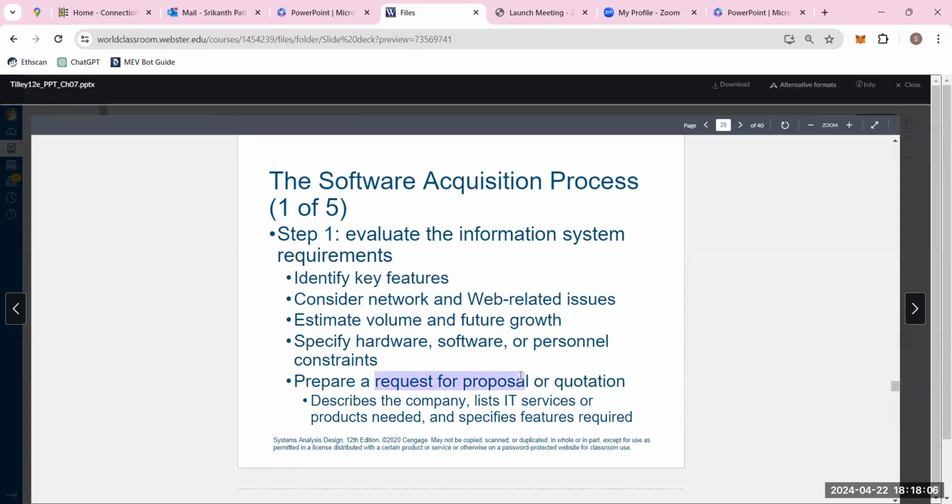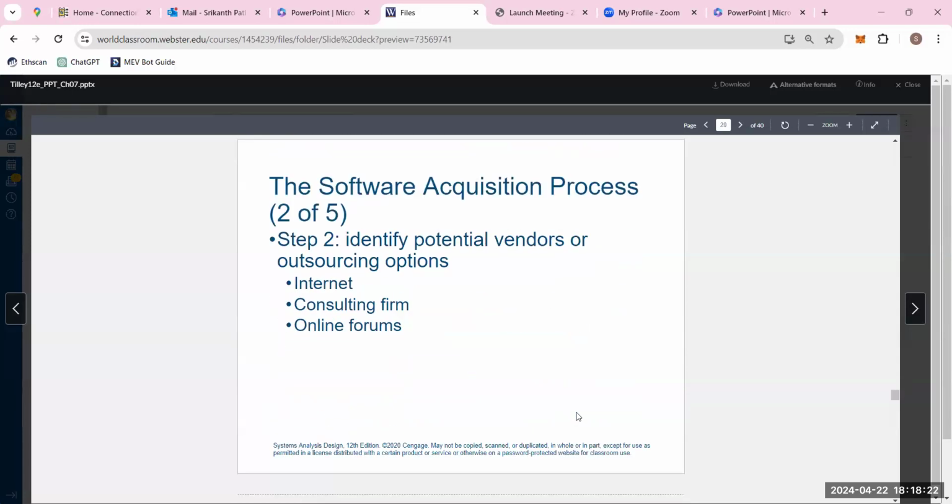RFP, request for proposal, right? What are the demands of that company as far as that particular application is concerned? What are the features that are desired, right? And then you're identifying the vendors that are going to be getting this RFP and then getting back to you on who the potential companies are that can help you with that, right? So a lot of firms that are specializing in this area,